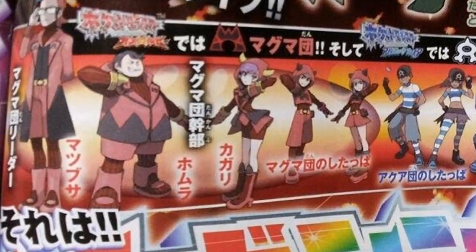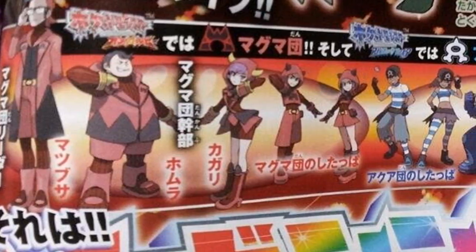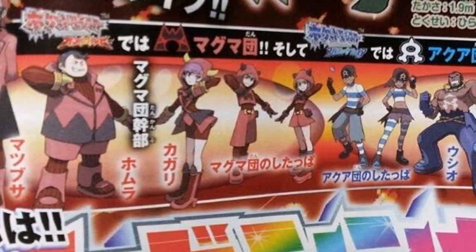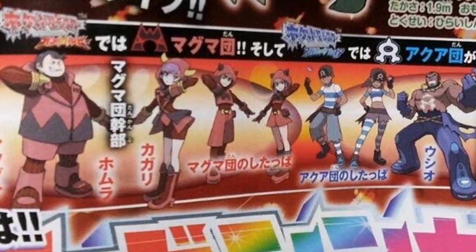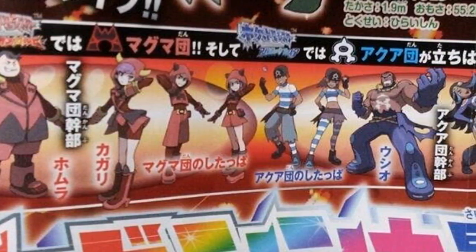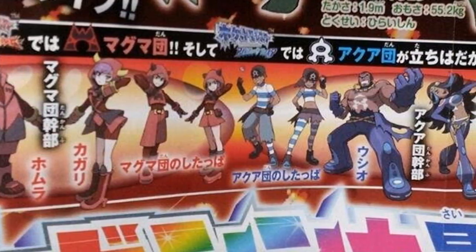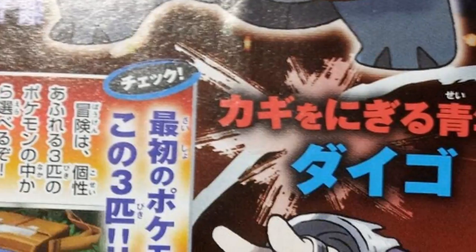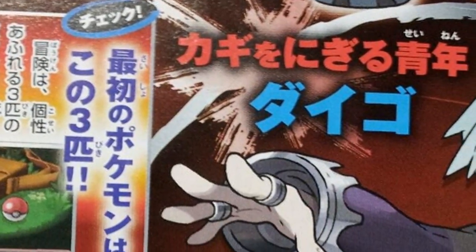From left to right, we have Archie, the leader of Team Magma, who's now sporting glasses and a lab coat that actually looks like a lab coat and not a dress. There's also his admins Tabitha and Courtney, who you might remember facing in the original games, and of course, the Team Magma Grunts. There's also the Grunts for Team Aqua, and their admins Matt and Shelly. And finally, the big bad leader of Team Aqua himself, it's Archie, who is looking flippin' awesome,